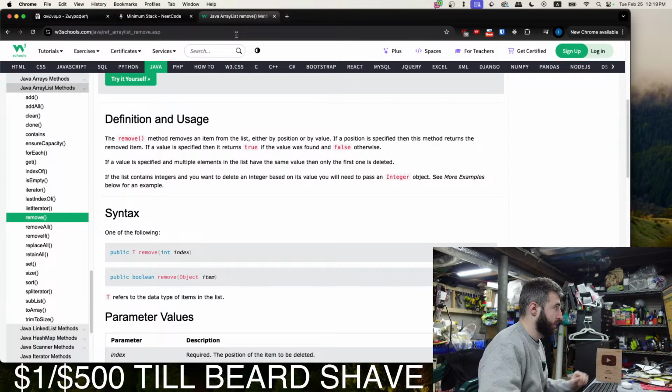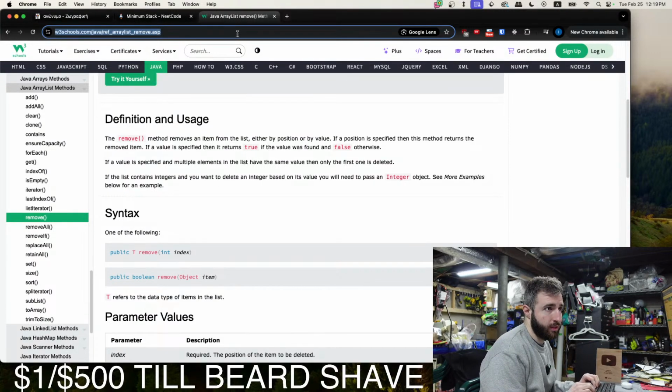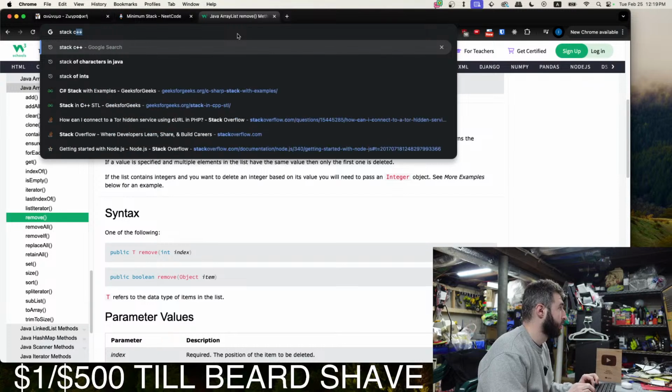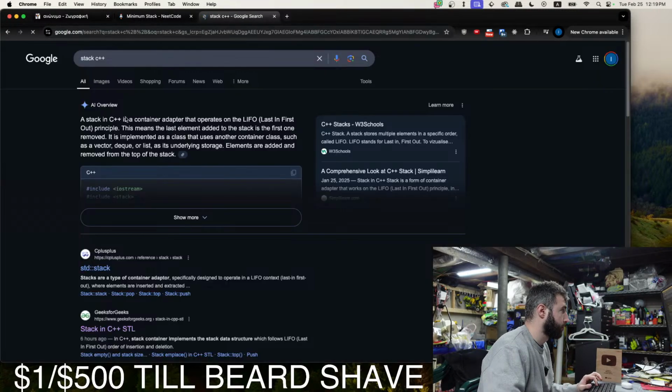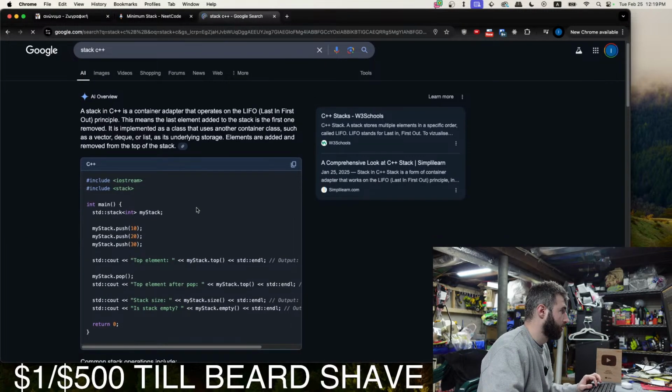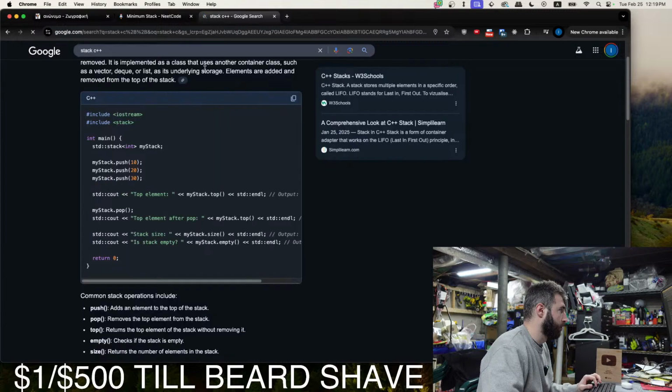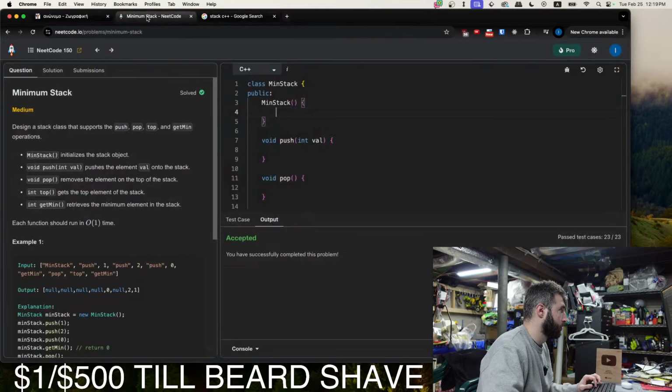I need a cheat sheet here just to have all the data structures and functions for C++, Java, and C#, just so I could save some time. Stack C++. So stack in my stack, huh? Cool.